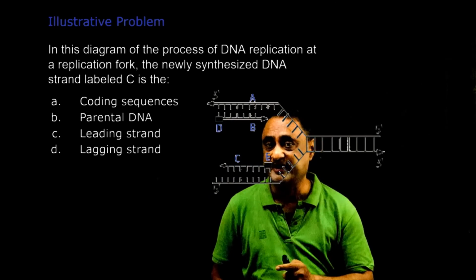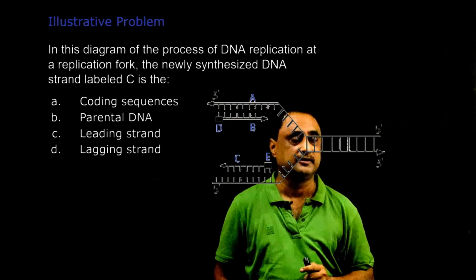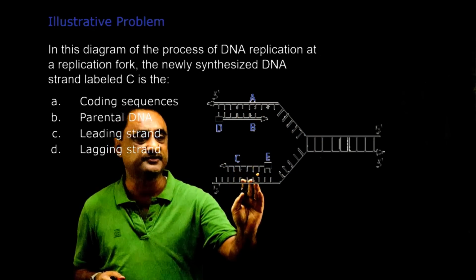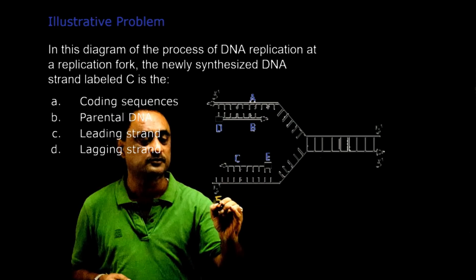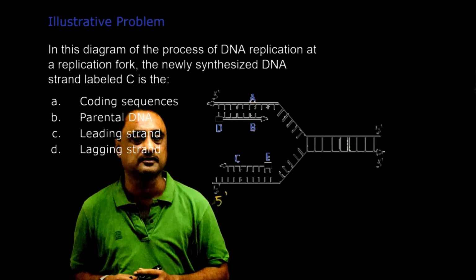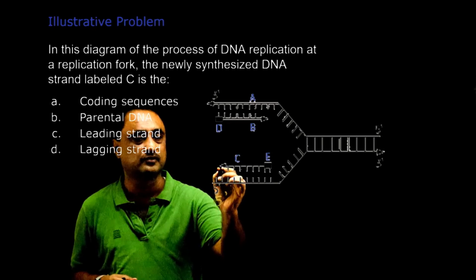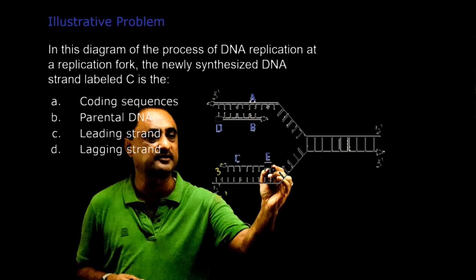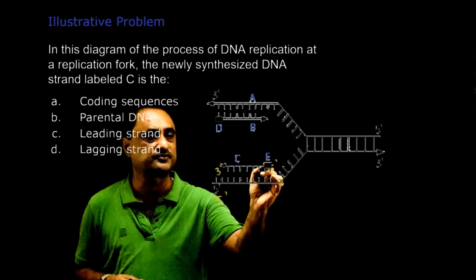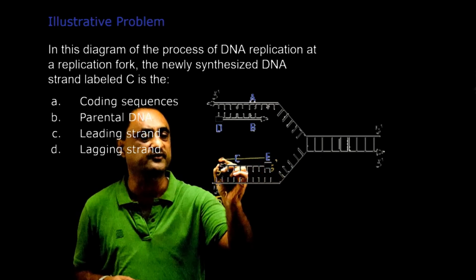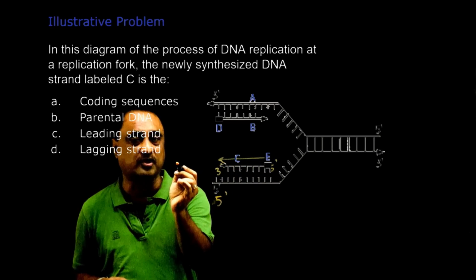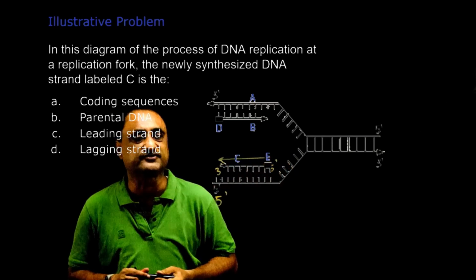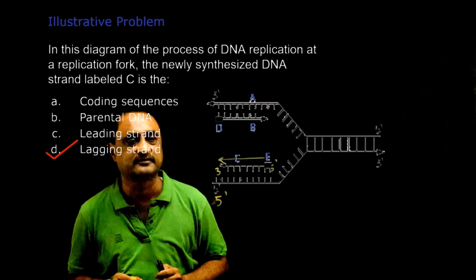We can identify it simply by the polarity. If you see over here, in this particular case, this is the 5'. So naturally above, this is the 3', and this DNA is actually coming here 5'. That means we know very well synthesis always occurs from 5' to 3', but it cannot go beyond that. That means it is a lagging strand, isn't it? So the correct answer for this question is a lagging strand.